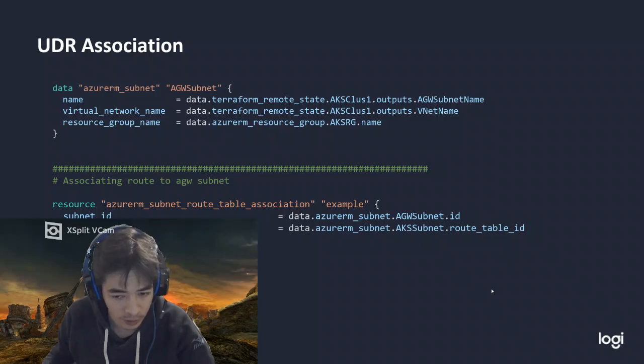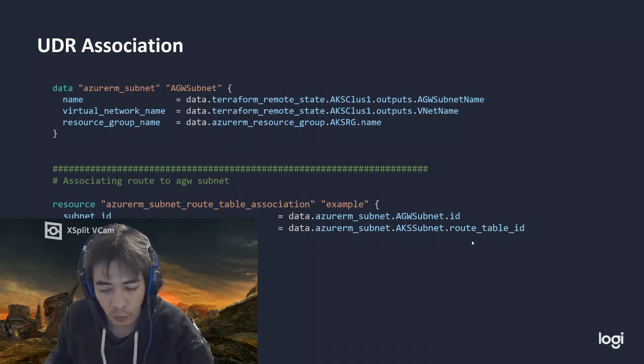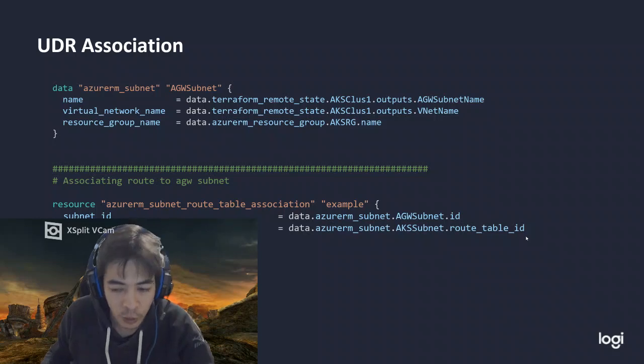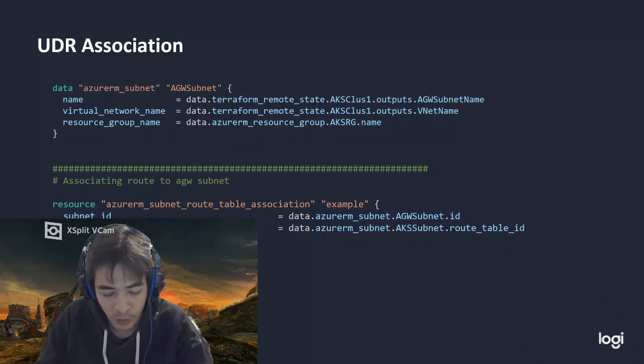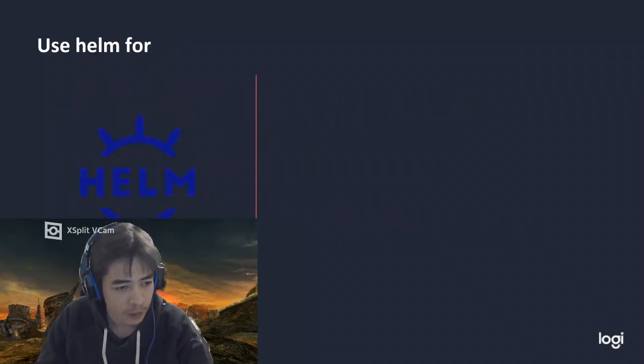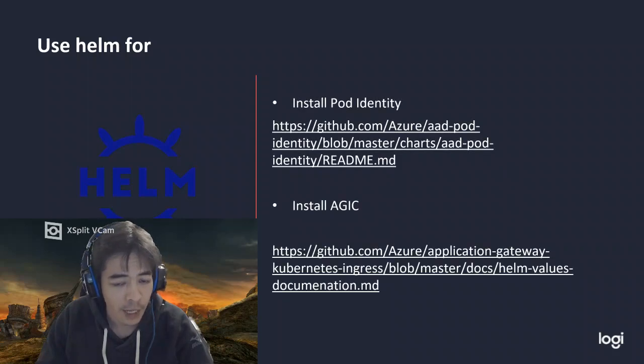As you can see on this little resource configuration, the subnet ID is the subnet ID of my application gateway subnet, and the route table ID is the property of my Kubernetes subnet, which contains the route table ID. This is a neat trick using a data source that allows me to configure that without having to look for the route table ID.